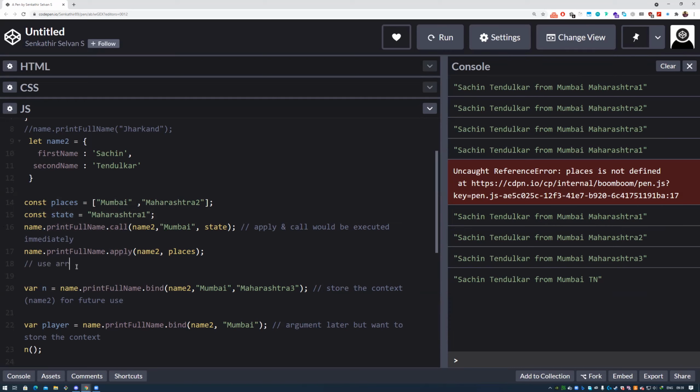Use array of arguments with call. Array to string? Not exactly. Try again, please. Okay, Badina, that wouldn't work.